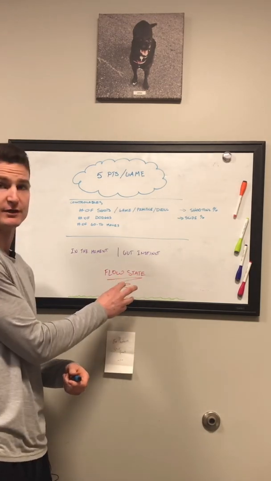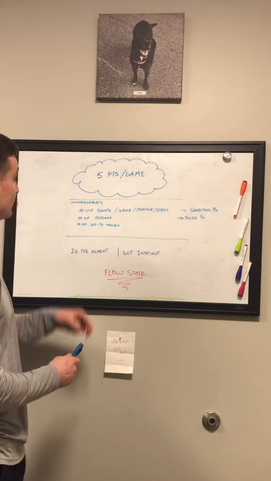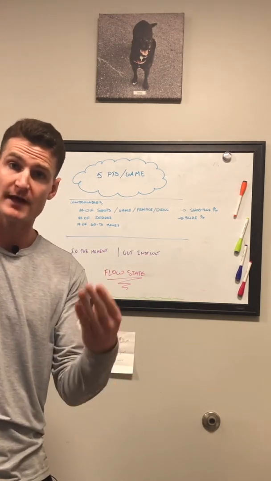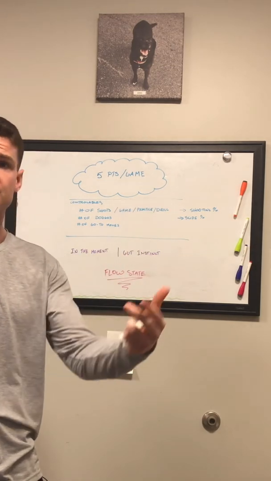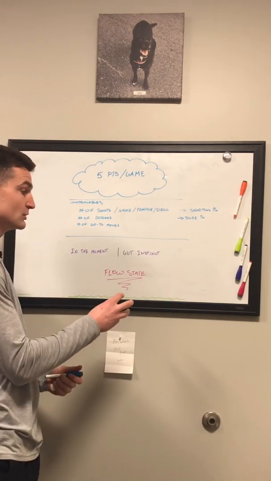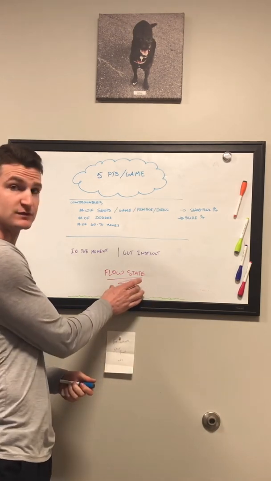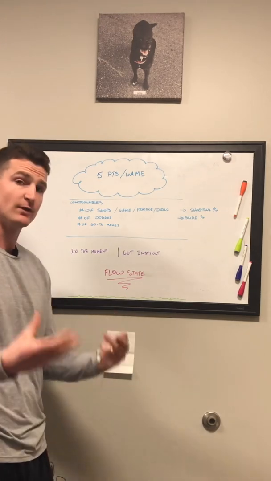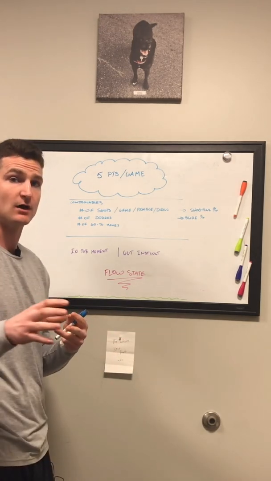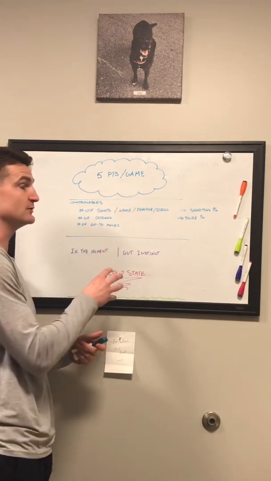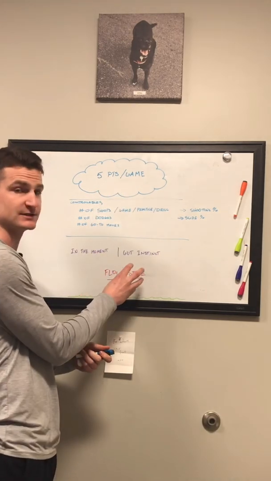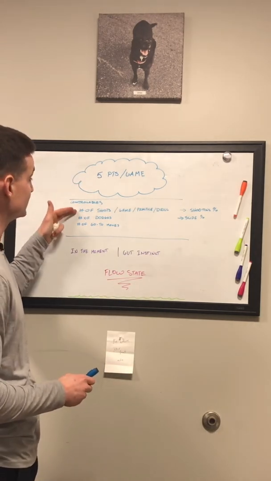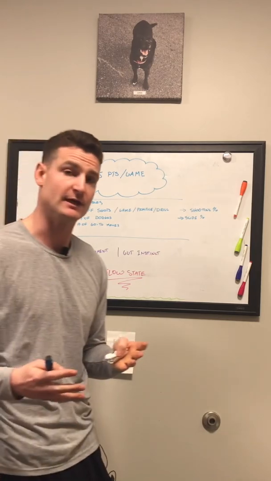But this is what we're after here, right? This is the goal. Whether we're trying to score 5 points per game or make a team, that's a quantifiable goal. That could be your goal, just to make a varsity team, something like that. The thing you want to do is you want to be in flow state as much as possible. Again, much easier said than done. And the hope that I want to get out of this particular video is understanding that you can use a strategy to maximize the chances of this, and that is understanding that you do not control this and you can control this. So how is that going to help you in a game scenario?